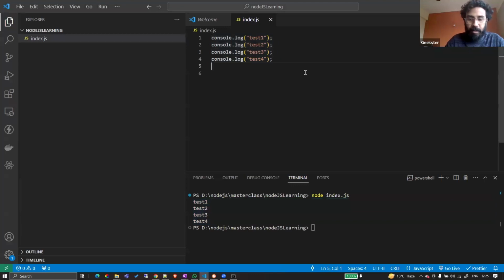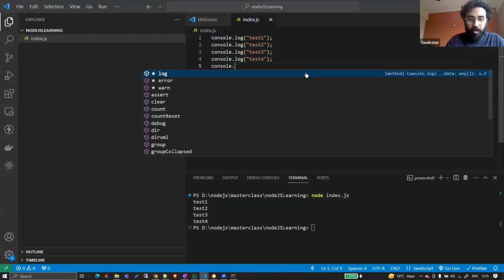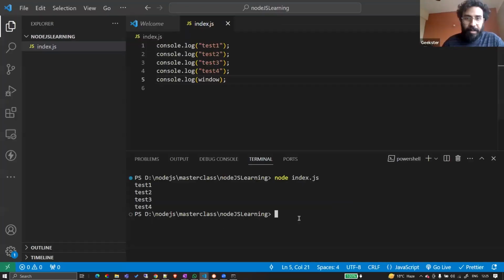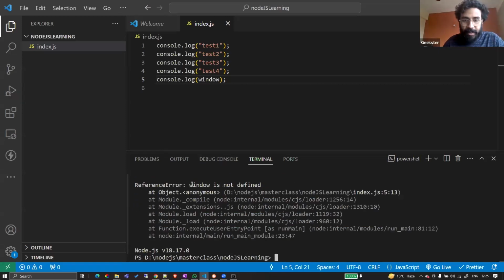So let's say here I'm saying console.log window. It's the same command that ran on the browser. Let me try to run this file again, node index.js, and you'll notice that it says window is not defined. Window is not defined. So don't make this assumption that just because it was working on the browser, it would